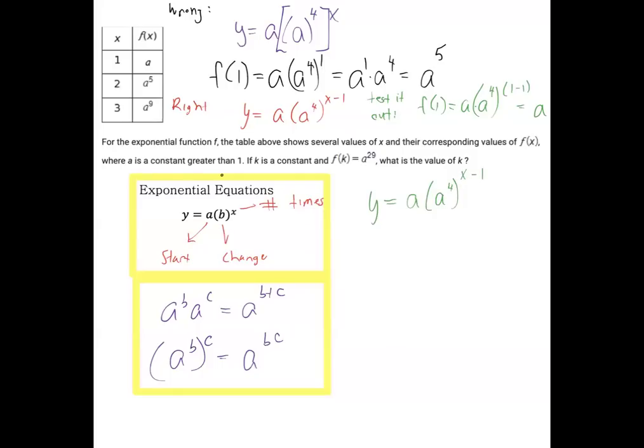We can say what value is going to give us a to the 29th. Now, the whole thing about k, that tends to throw people off. But this verbiage here is basically saying there's some x value that if we plug that value in, the whole thing, the y, comes out to a to the 29th. So what is that x value? So you don't have to worry too much about the letter k itself. You just have to set this equal to a to the 29th